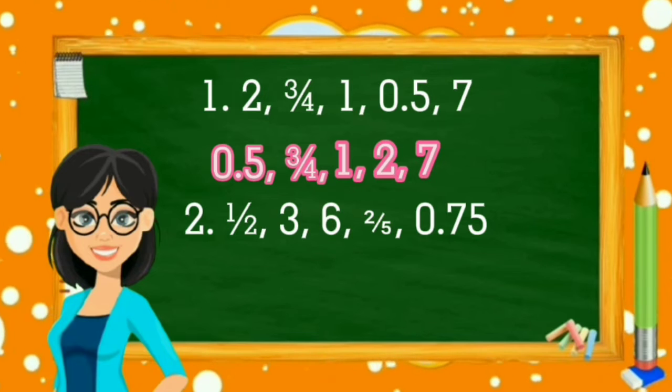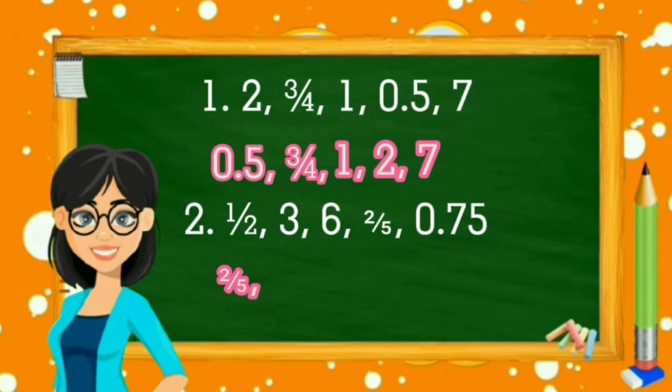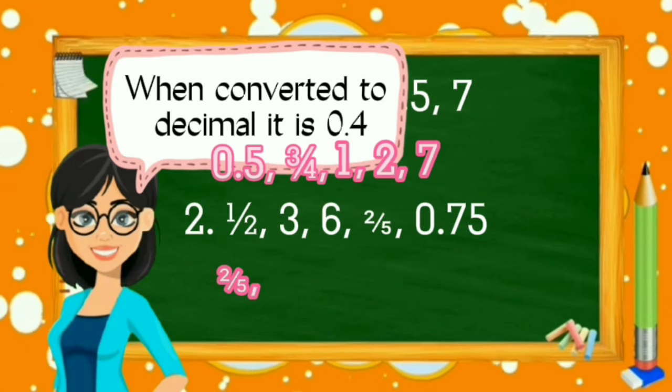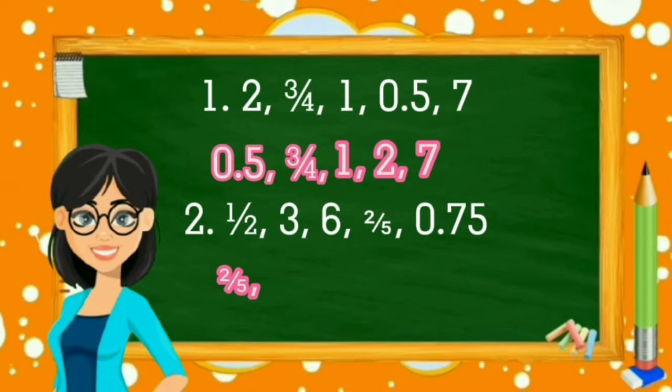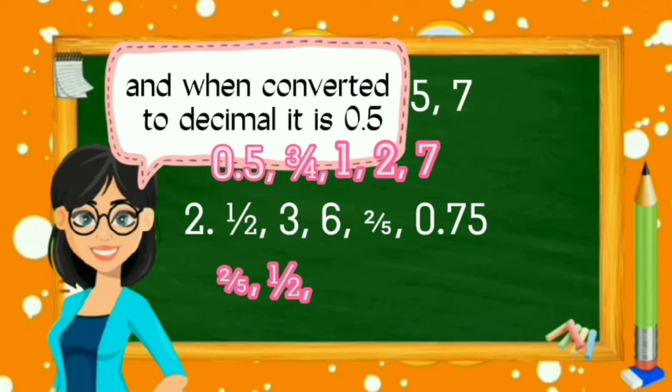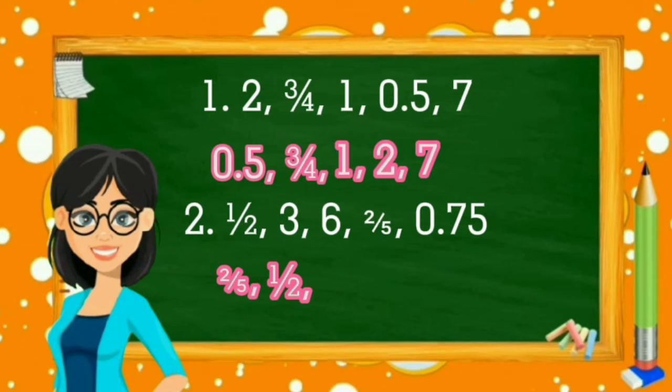The first number we have 2/5. When converted to decimal, it is 0.4. The next number we have 1/2. And when converted to decimal, it is 0.5. Next we have